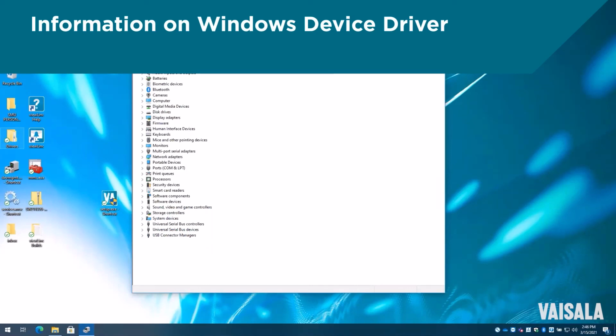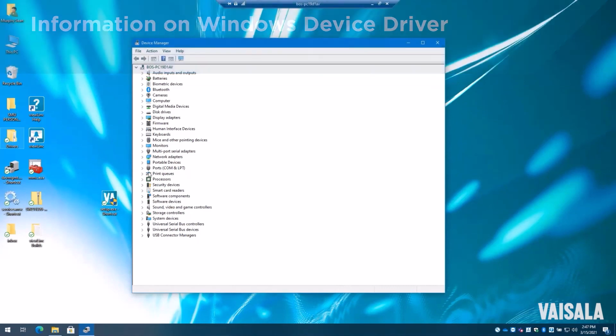Okay, now that we've actually gone through and installed the driver, I'm going to give you a little bit of insight into how Device Manager actually operates with actual devices. As I mentioned earlier, there's the multi-port serial adapter and the ports, the COM port section for the Device Manager. Now, we had just installed a device on IP 10.0.0.13.